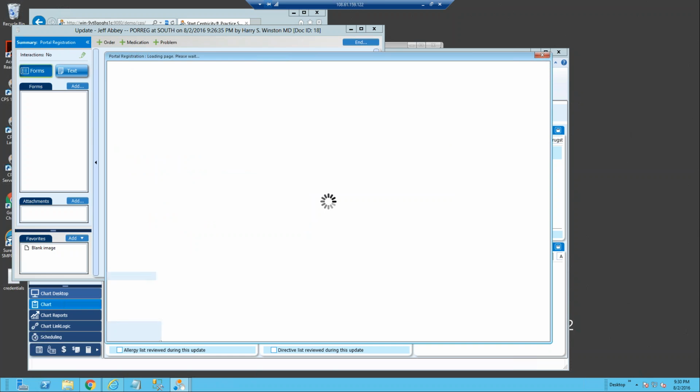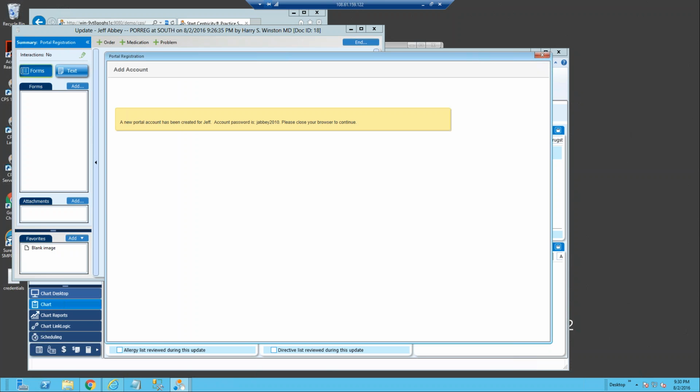It's going to be adding a value to our observation term, which is ultimately populating our patient banner. And then it's also going to be updating a temporary password to the system. Now this process generally takes between 8 to 12 seconds, but it is completely dependent on the speed of your portal itself. So if your portal is very slow, then the process is going to be slow. If it's fast, then the process is going to be fast. But in an ideal situation, 8 to 10 seconds is what we're looking to do to complete those 4 steps